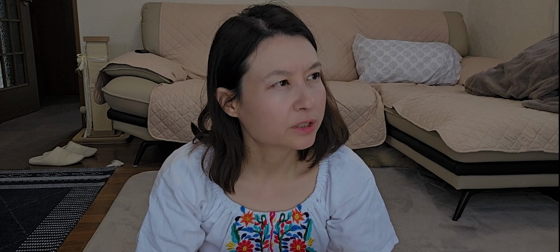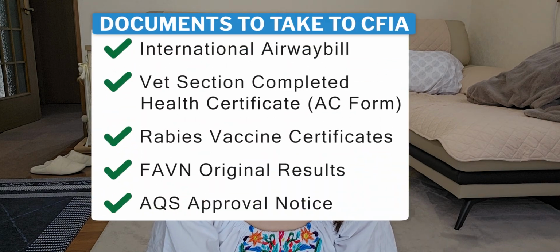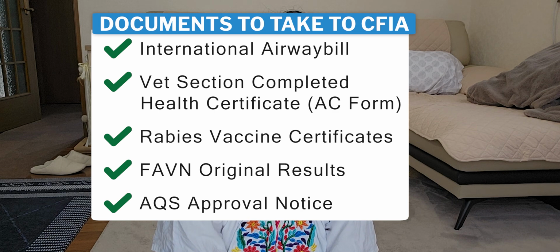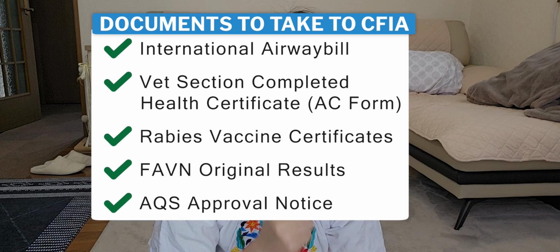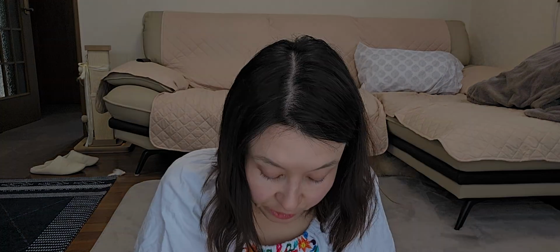So in Canada, it's the CFIA, which is the Canadian Food Inspection Agency. You get that done, and there are documents you have to take. If you print these documents, make sure they fit the page, because Japan has different sizing, and I know when we try to print them in Canada, sometimes things get cut off. When you go to the government agency for the final step, at least in Canada, they will also seal the endorsement on the original FAVN test. Once you have your government endorsed certificate, make sure you forward a copy of that to animal